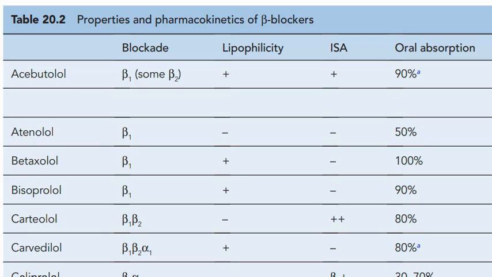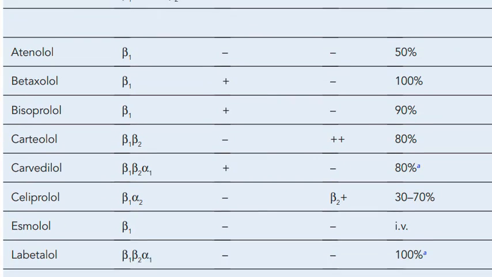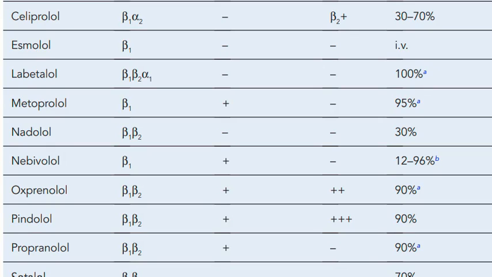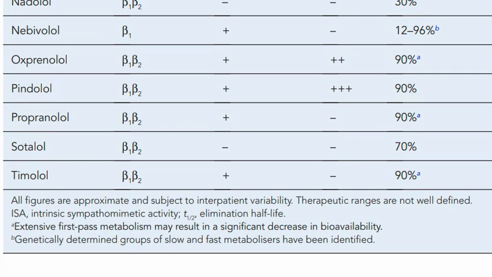However, carteolol is beta 1 and beta 2 non-selective, and has ISA activity. Then we have esmolol, which also doesn't have ISA, and we have pindolol, which has beta 1 and beta 2 effects, however it has a positive effect on ISA. You should remember that. Most commonly, among the beta blockers we use, intrinsic sympathomimetic ones are very few in number. Among them, pindolol is the most effective one.